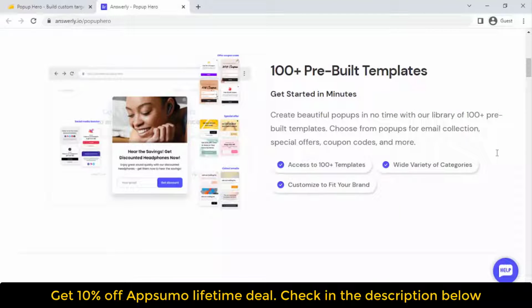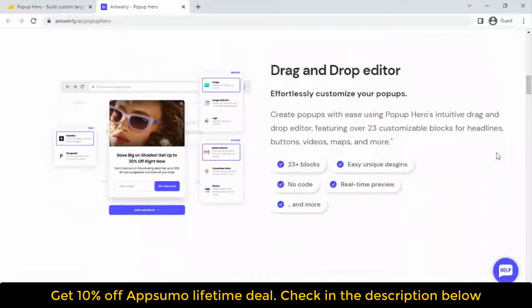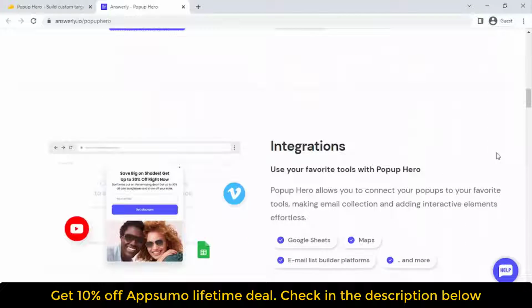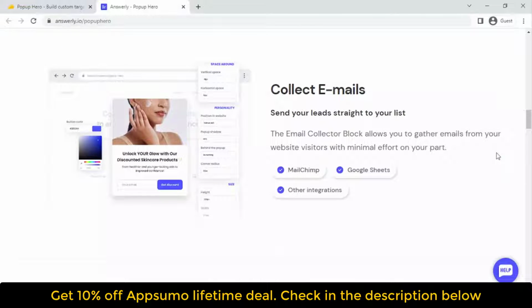That's where Popup Hero comes in. As a drag-and-drop pop-up builder, Popup Hero makes it easy for businesses to create highly effective pop-ups without the need for coding knowledge. With Popup Hero, users can choose from a wide range of templates or design their own pop-up